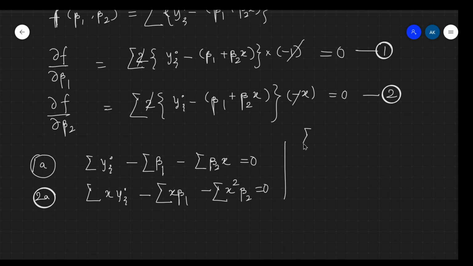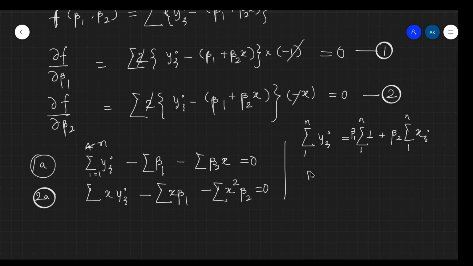It is becoming summation yi is equal to, as beta 1 is common, you will take it out, beta 1 outside, and this summation goes for i equal to 1 to 4 in the above case, but let us take till n, so 1 to n, plus beta 2 is common, summation xi 1 to n,